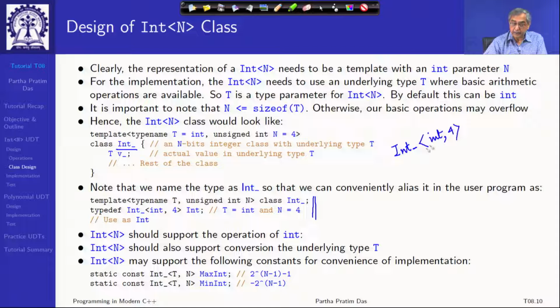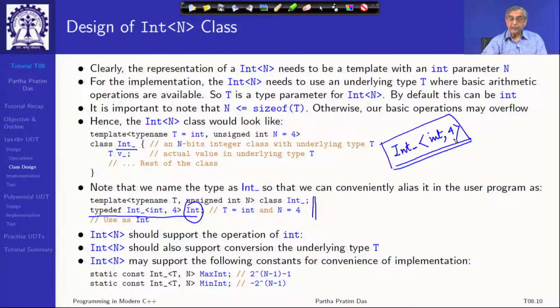That is actually the name of my type, and it is going to be very inconvenient to use that every time. So, what I want to do is typedef that to the nice name int. I want to keep that name int for the user who can typedef it to this or